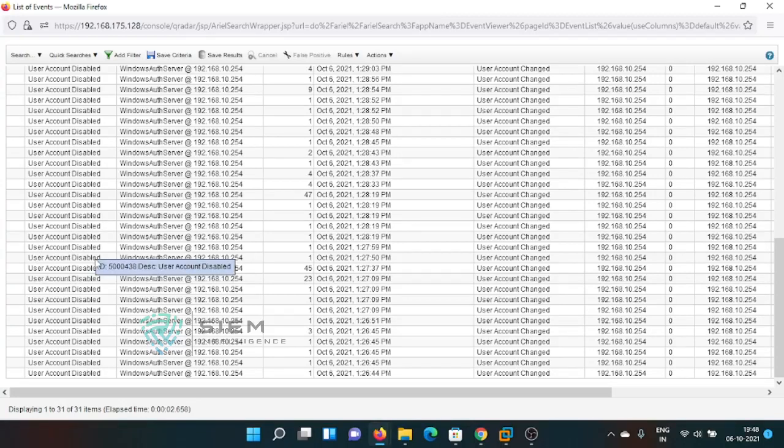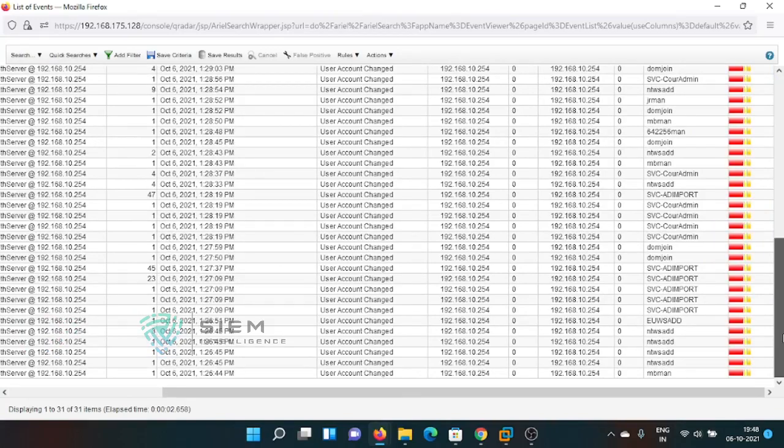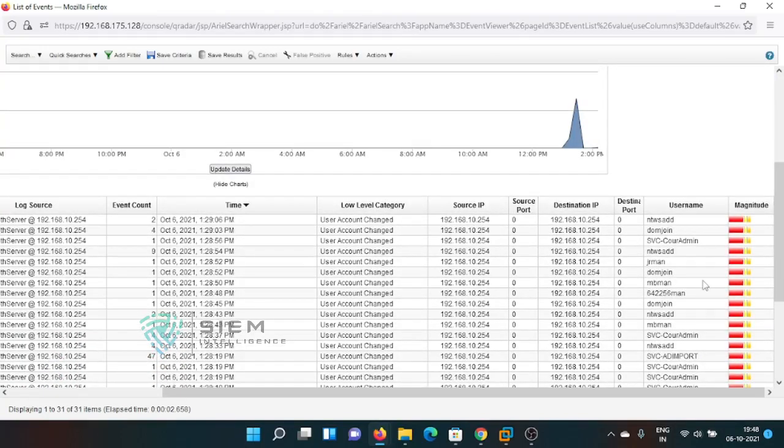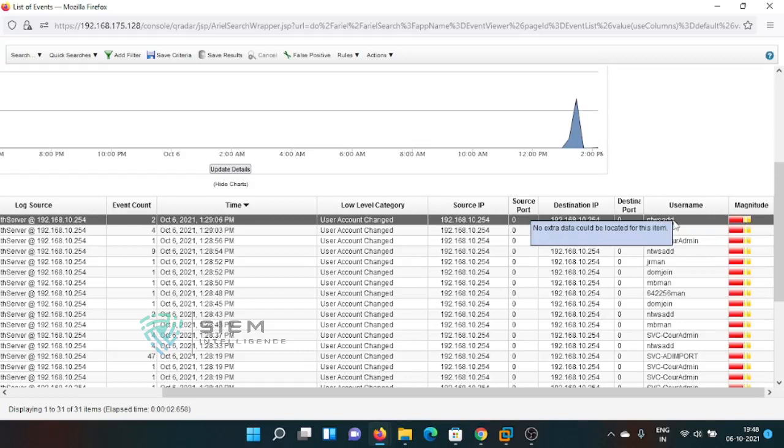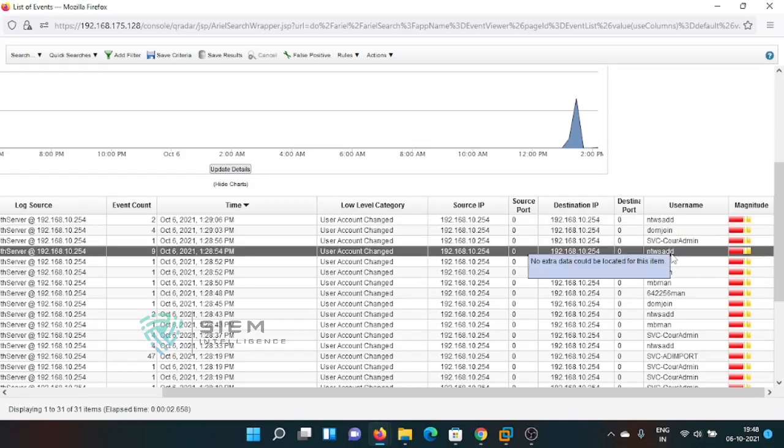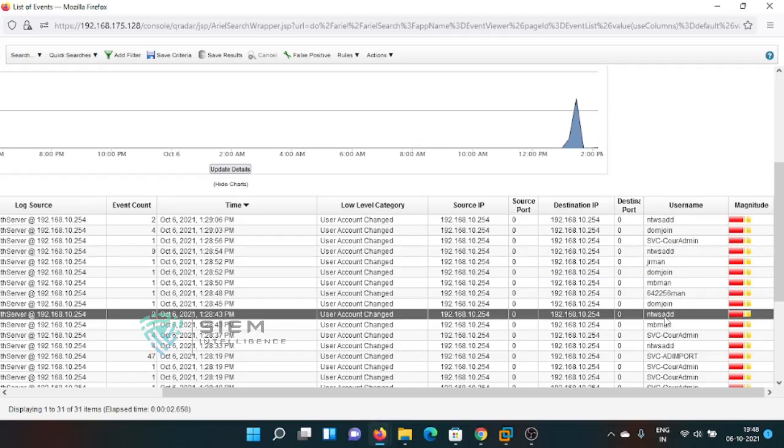Now I want to see how many users got disabled. See, there are multiple users. At this time this user is disabled, and at the same time this user is also disabled. At this point of time also a user is disabled. But I want to check, with respect to this particular NTWS add user, how many times he has been disabled in the last 24 hours.